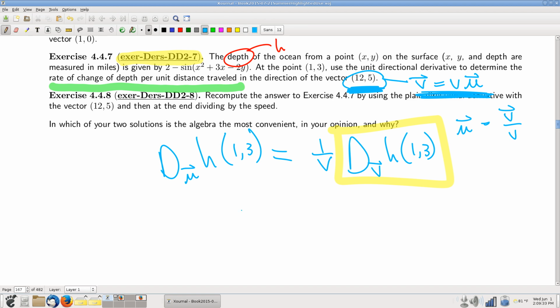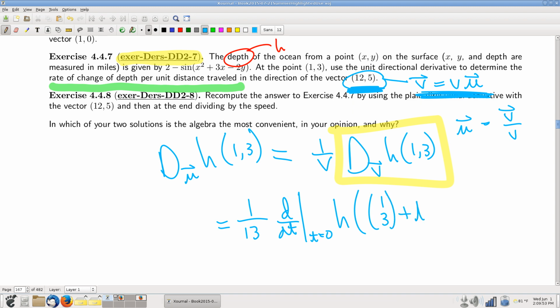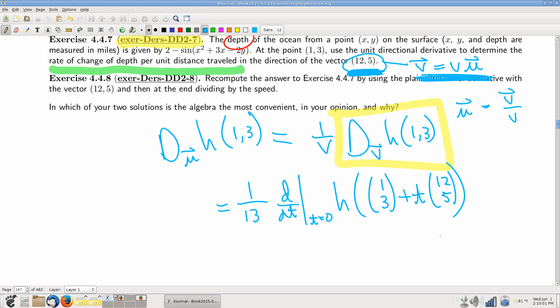Okay. All right. So now let's not forget to say 1 over v. Of course, v is 13, as you noted. So 1 over 13, and then I have a derivative with respect to t, evaluated at t equals 0, and then I have h of a plus tv. Does that make sense? Yeah. And from here it's all plug and chug. In other words, you combine this into a single vector that gives you your x and your y. Once you know your x and your y, then